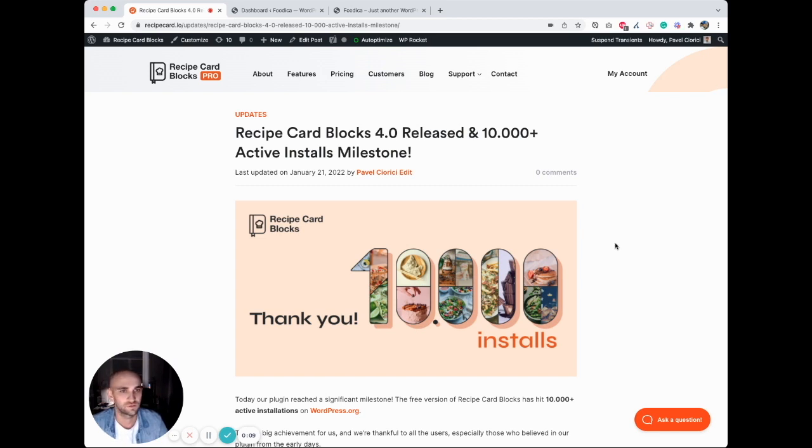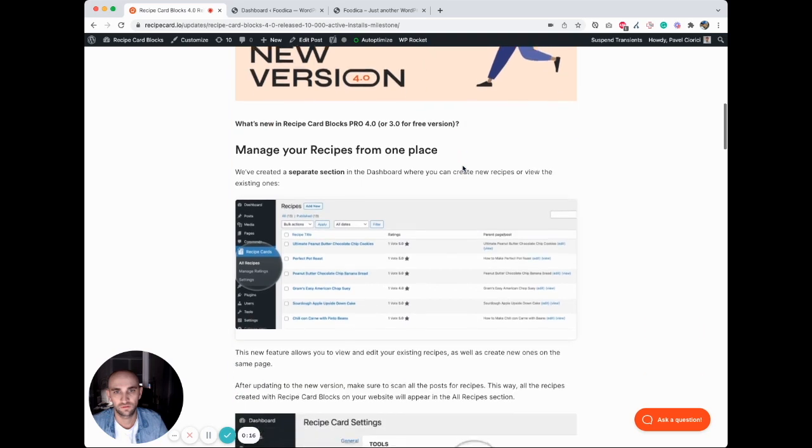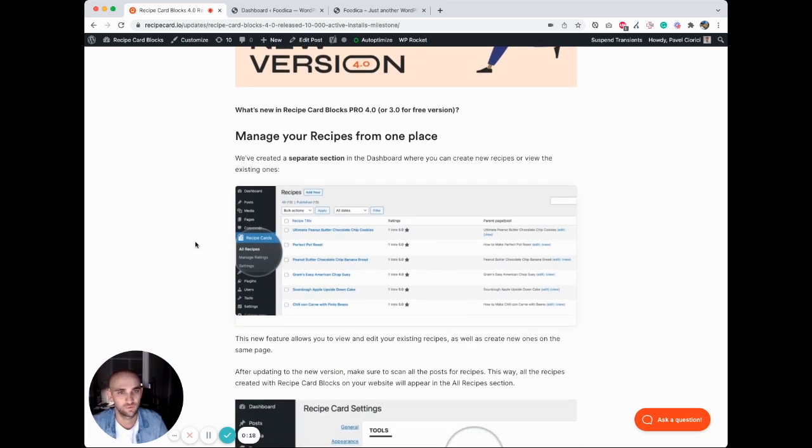we have just added in our plugin in version 4.0. So we call it All Recipe feature, which is basically a new page which will show you all recipes created